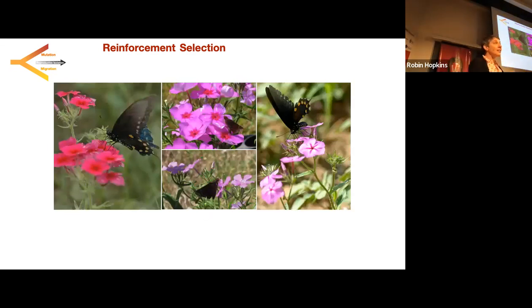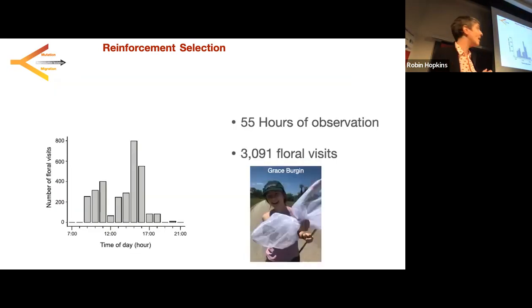This Phlox in general has a very characteristic lepidopteran pollination system. They've got these long corolla tubes that perfectly fit the nice skinny proboscis of a butterfly or moth. At the very end is a little drop of nectar that they love, right? So we went in knowing that there were going to be butterflies pollinating it, but which butterflies and how many? This is some recent work done by an awesome graduate student in my lab, Grace Bergen, who went out and spent 55 hours watching.